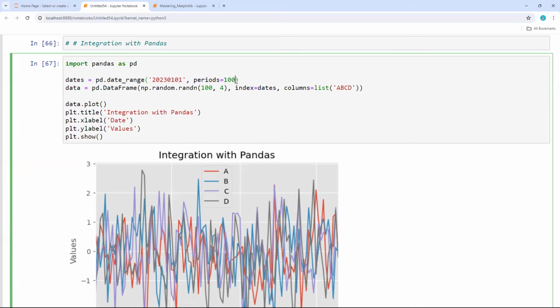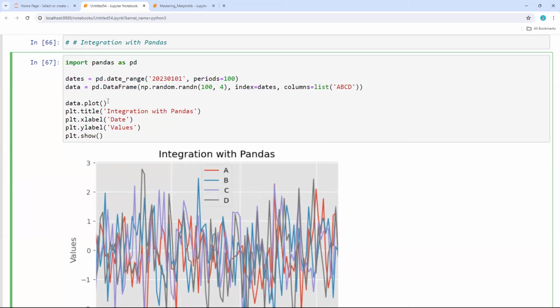My data is from date_range, same as explained earlier, from 1/1/2023, and I want 100 intervals, 100 dates, and pd.DataFrame. I want to create the data frame from these dates with np.random, with index equal to dates, because I want dates in the index, and columns equal to a list. I'm passing a list, A, B, C, D,